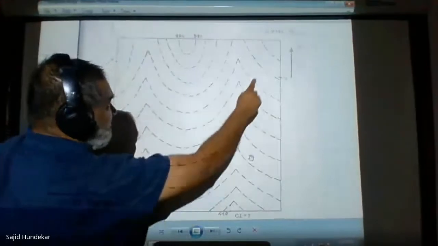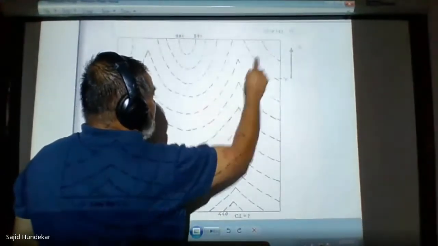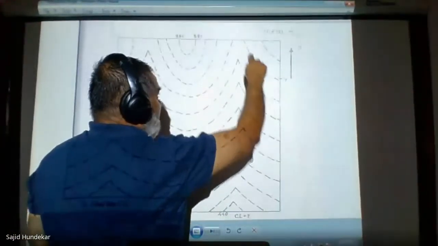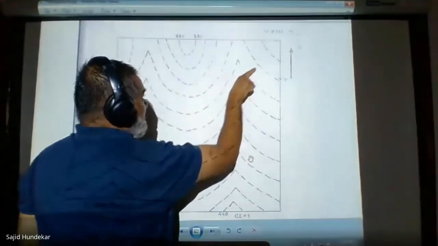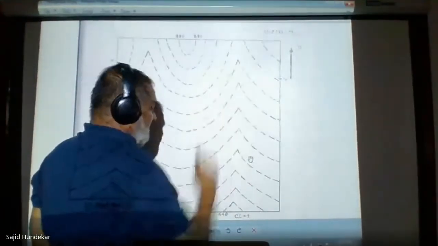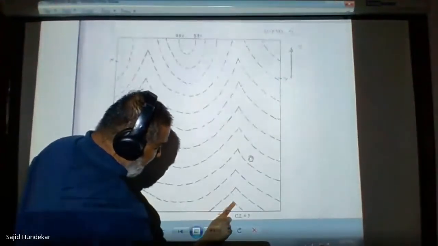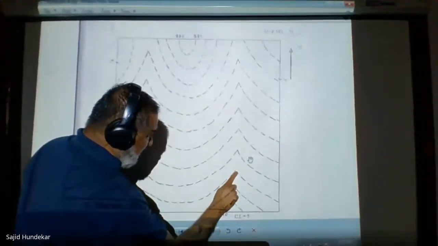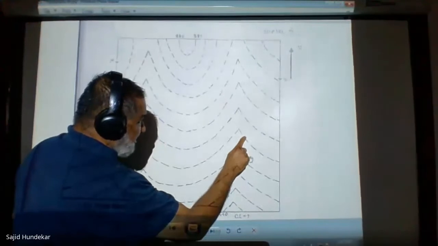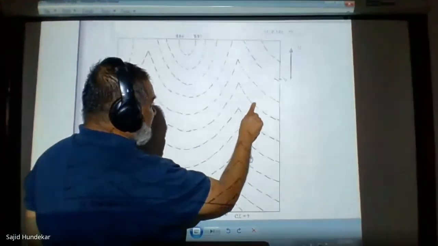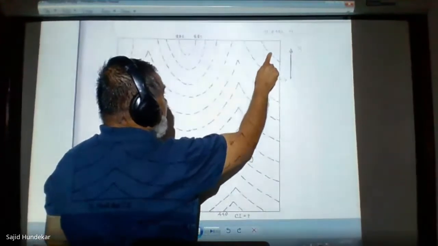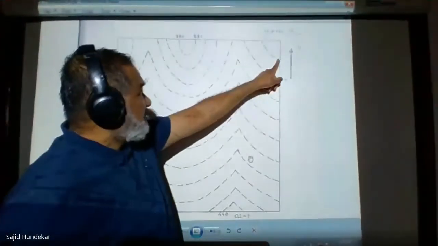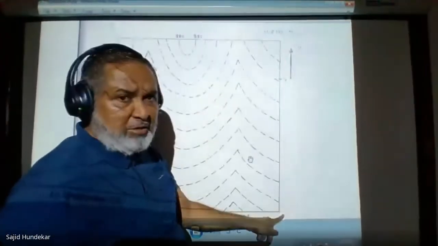Similar one, you can see here. 1, 2, 3, the contour. So here also a portion of high ground. So towards that corner, the values increase. See now, 440, 480, 520, 560, 600, 640, 680, 720, 760, 800. I got 800. So here you have to write down all the values, whatever you got.